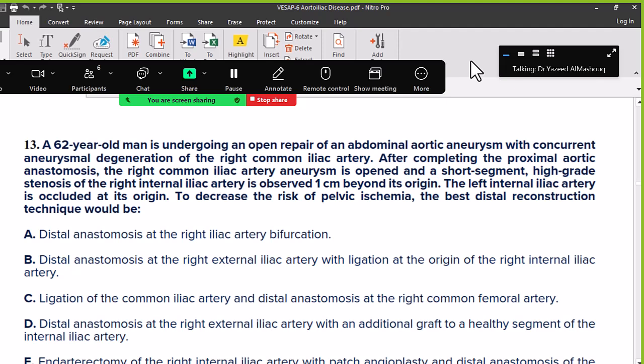After completing the proximal aortic anastomosis, the right common iliac artery aneurysm is opened and a short segment, high-grade stenosis of the right internal iliac artery is observed 1 centimeter beyond its origin. The left internal iliac is occluded at its origin. To decrease the risk of pelvic ischemia, the best distal reconstruction technique would be: